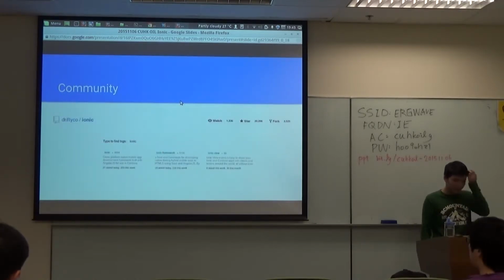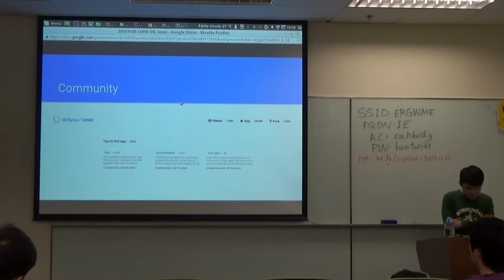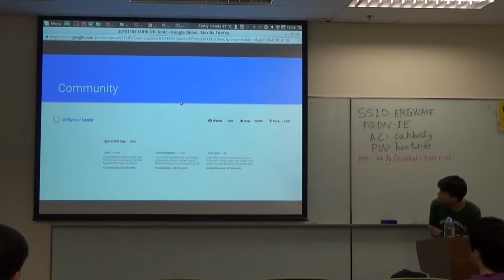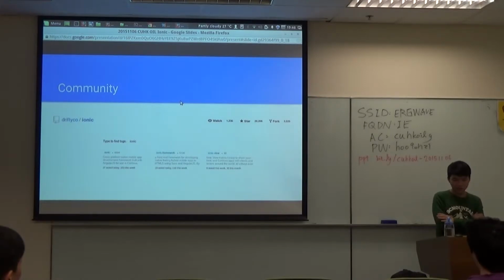So we've talked about the community of Ionic is large. Why do we say so? Ionic is itself an open source project. It has 20,000 stars on GitHub, and you can see there are so many threads on Stack Overflow here. So the community is active compared to other frameworks